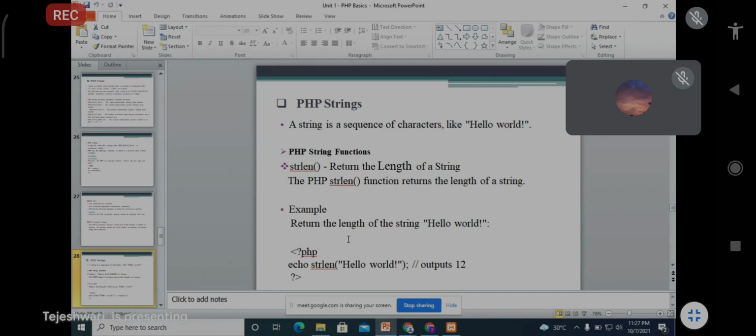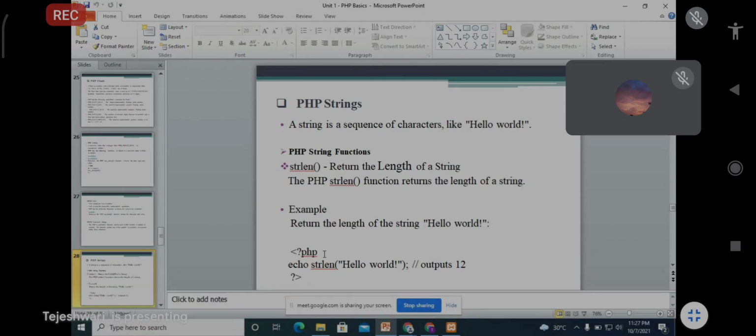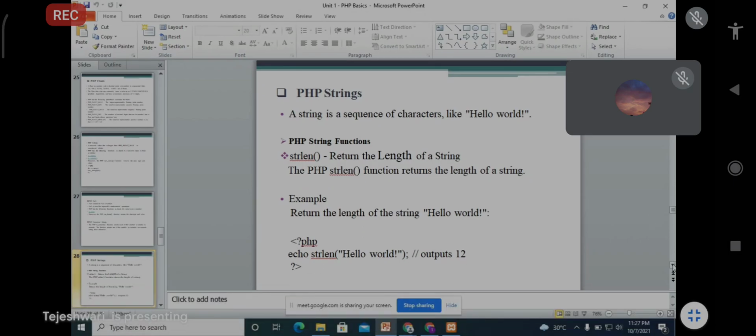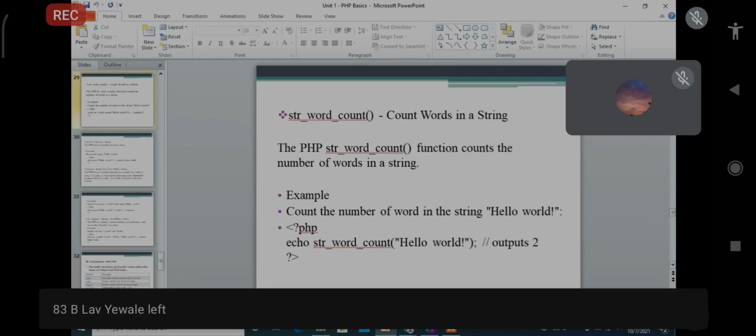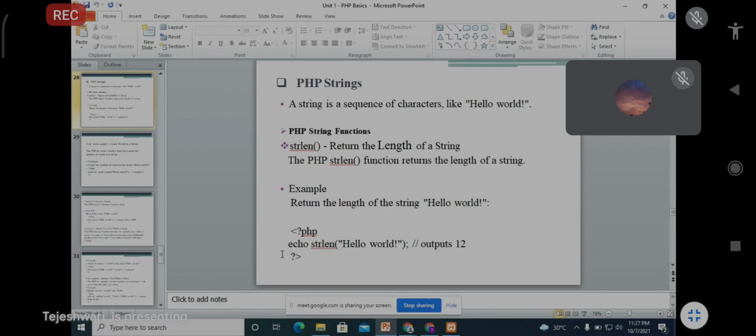For example, take the string hello world. You just type here open brace question mark PHP, one simple code. You take echo strlen. Strlen is a function name, and in that you have to write your string, that is hello world.